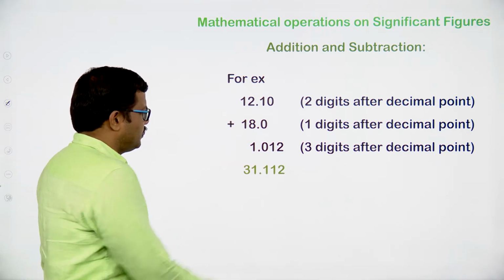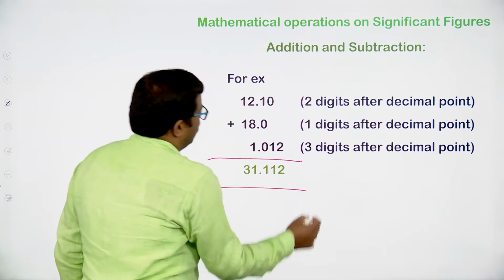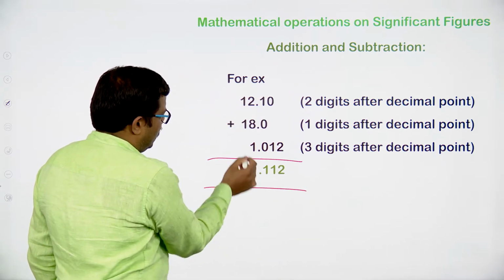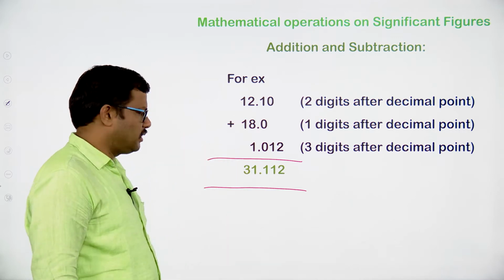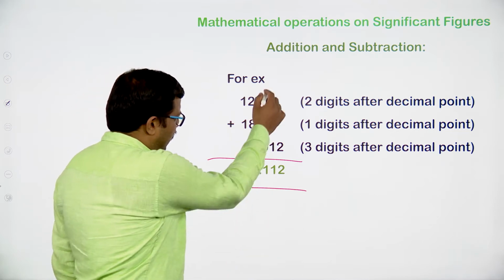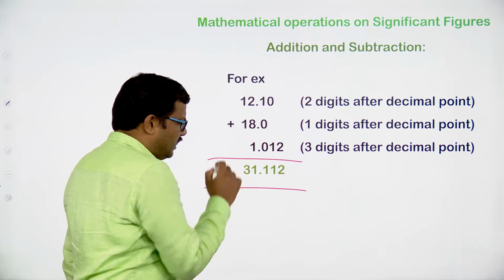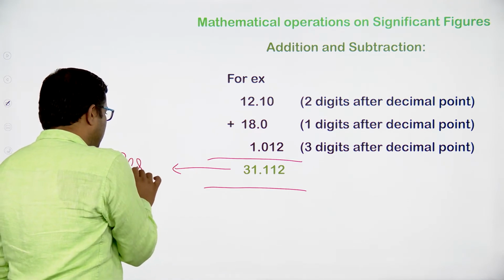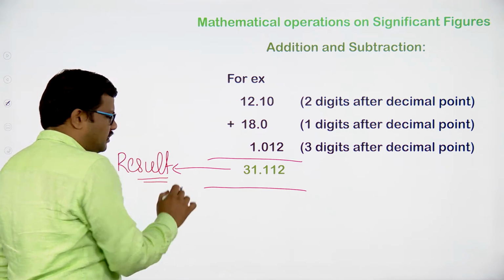Let me carry out the addition process. When you add the numbers, it is 2, 1, 1, 11, 33. Okay, 31.112 is the result. So after adding the three numbers, we are getting the value this way. So this is the result actually, okay. But the result that is obtained after adding the three numbers,